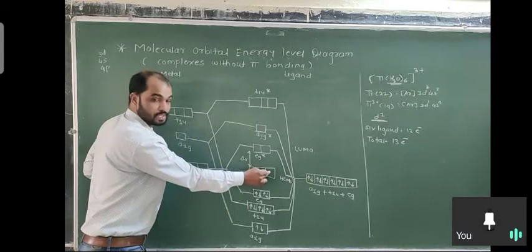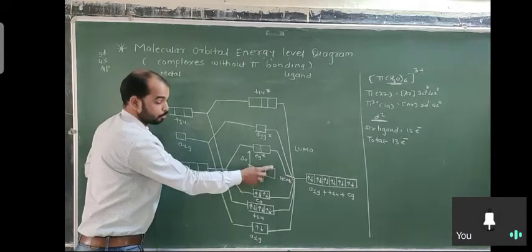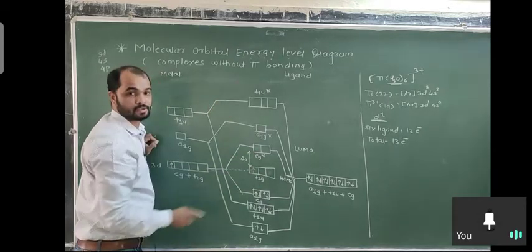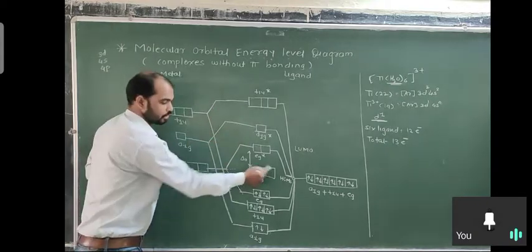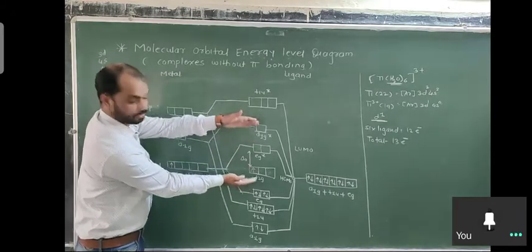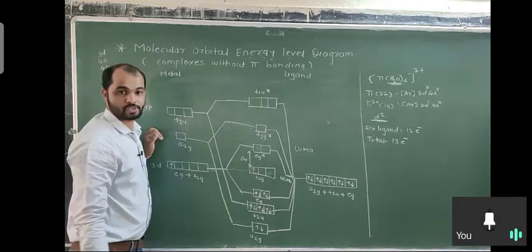T2G complete होणार 3 electrons. Fourth electron जो असेल, 1, 2, 3 इथे add झाले, का fourth one साठी तो इथं जाणार का परत pair करणार, हे depend करतं nature of ligand. म्हणजे halides असतील तर तो वरती जाणार, पण cyanide असेल, strong ligand असेल तर तो इथे येणार, कारण strong ligand असेल तर तो splitting वाढवतो, हा energy difference वाढवतो. Pairing energy कमी असते म्हणून electron चं pairing होऊन जातं.